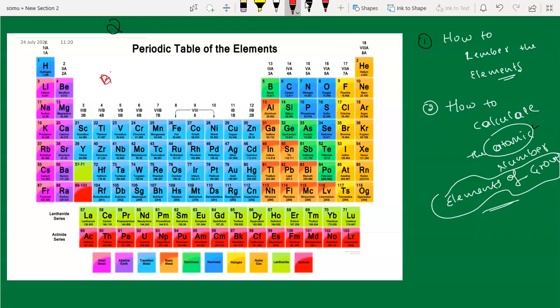Today I am going to give you the magic number: 2, 8, 8, 18, 18 and 32. If you remember it and know how to use it, there is no need to memorize atomic numbers.